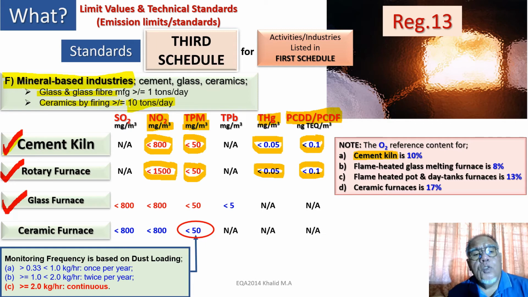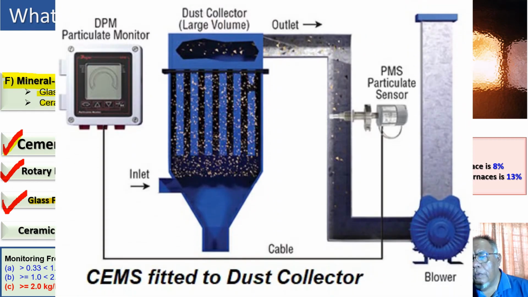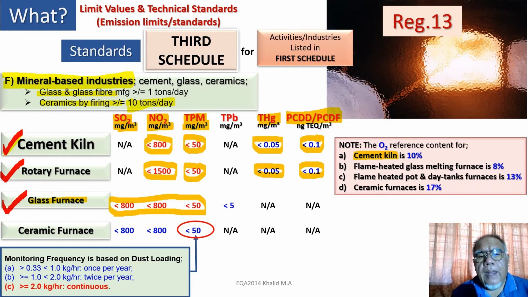For the glass furnace, 3 parameters require CMS: sulfur dioxide, nitrogen dioxide, and total particulate matter. It could be the manufacture of auto glass, windshields for automobiles. Their furnace emission got to have air pollution control equipment, could be a pulse jet, dust collector, depending on the suitable technology for them. And 3 parameters require CMS. Only 1 parameter doesn't require CMS, which is total lead. For glass furnace, lead is regulated, not for the other furnaces.